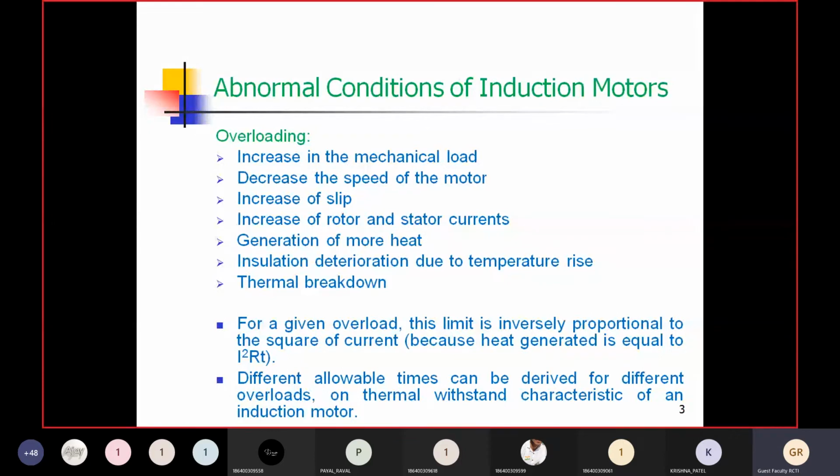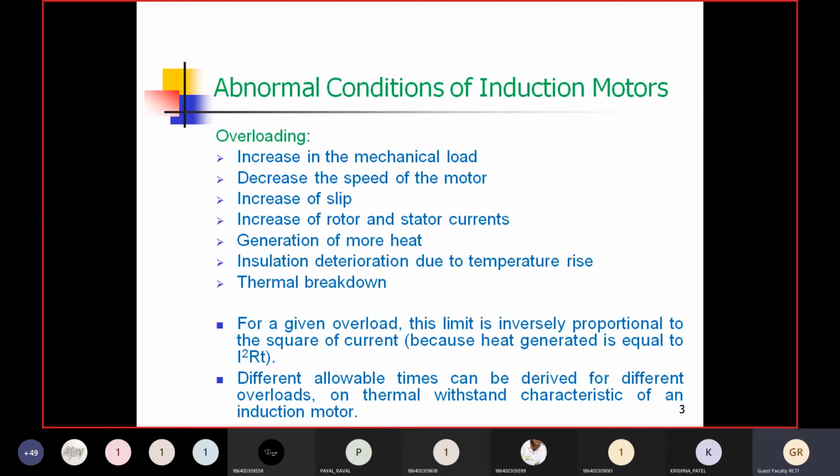Generally students say, sir, if heating is increased, then the winding will burn out. This is a statement from the students' end. Actually, they are not completely wrong, but they are partially wrong. Because as the heating effect increases, it deteriorates the insulation. First of all, the insulation gets punctured, and because of the failure of insulation, a short circuit is created, which is going to increase the heating in the rotor winding.